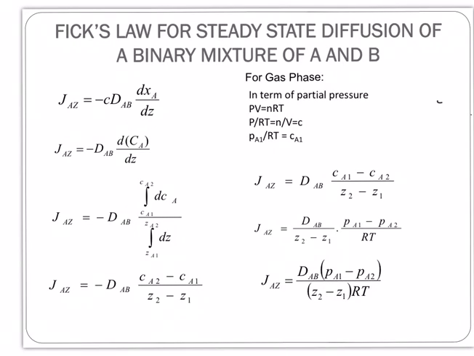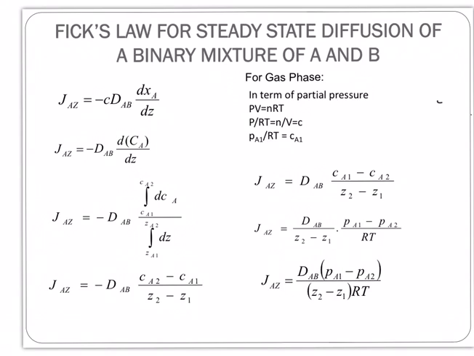This is Fick's law equation for steady state in the binary mixture of A and B. So we're going to discuss these two formulas. One is in terms of concentration, the other will be in terms of partial pressure. This is the molar flux for a binary mixture of A and B, which is given